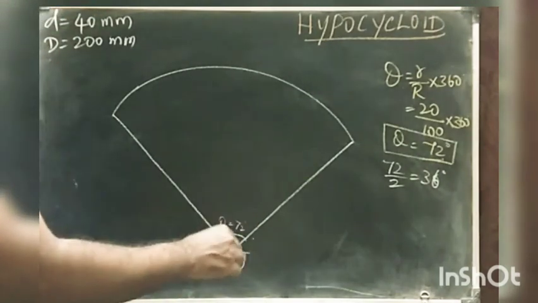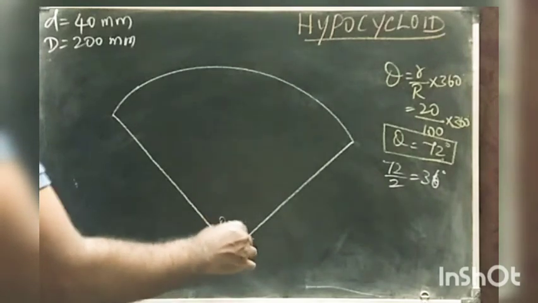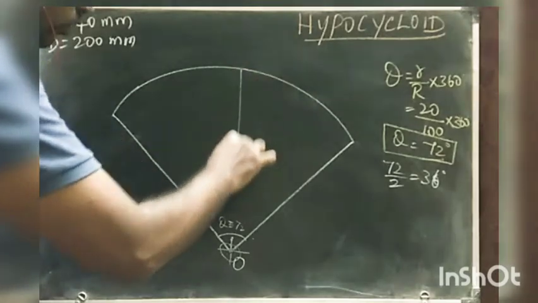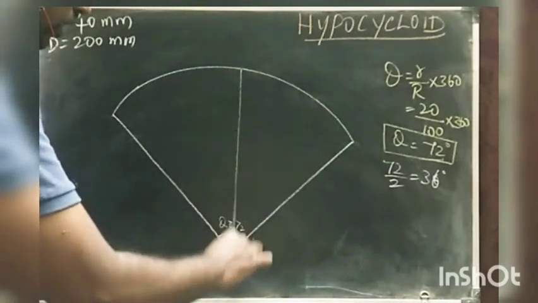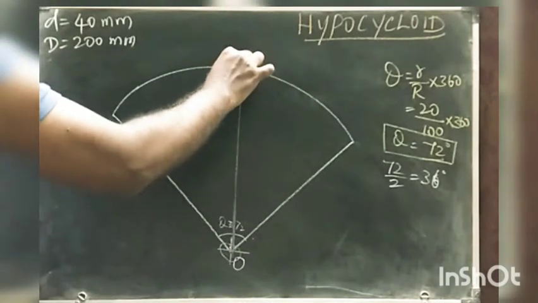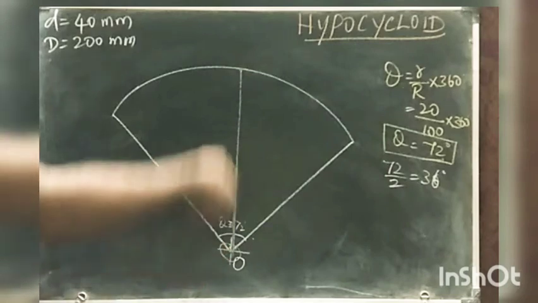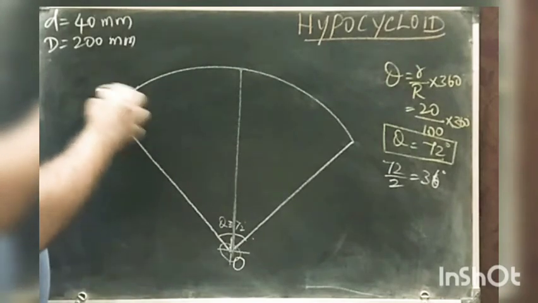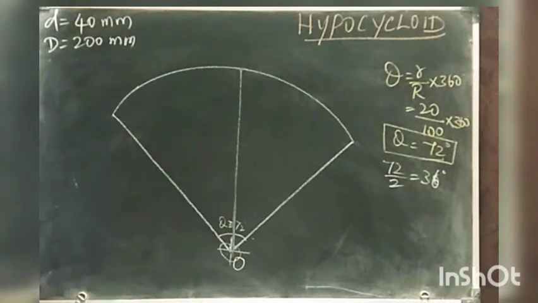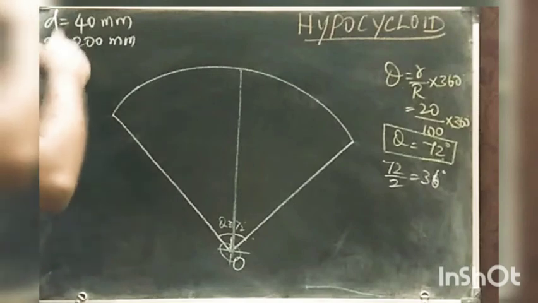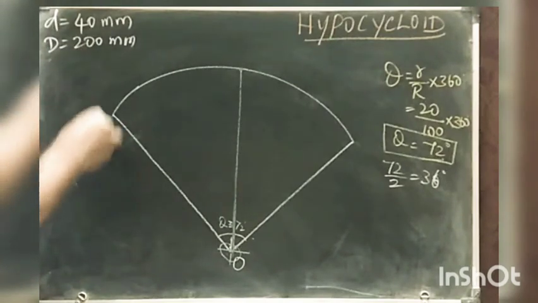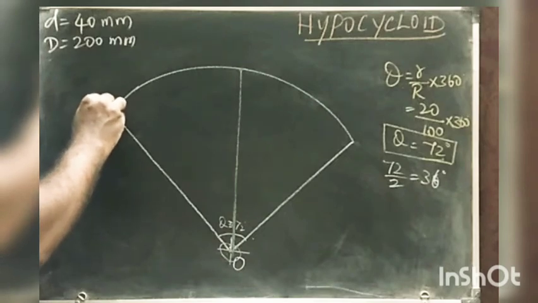Now I am dividing this. Anyhow, we can draw a thin center line for this, so it's easy to understand. This is the center point. From this point you draw a vertical line. Now, next step, we need to draw a rolling circle. Here the rolling circle diameter is 40 mm. It rolls inside, so let me name this point P,